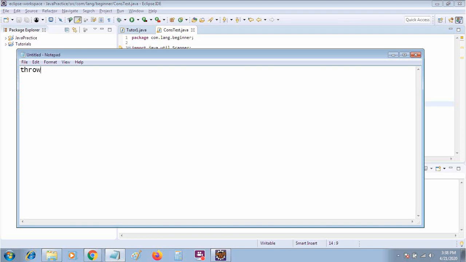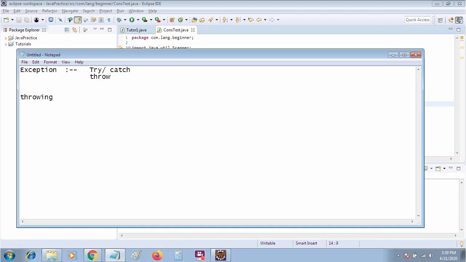As in my previous tutorial, I told you that we can handle an exception in two ways: with a try and catch block, or we can throw the exception. Till now we have just been working on the try and catch block.